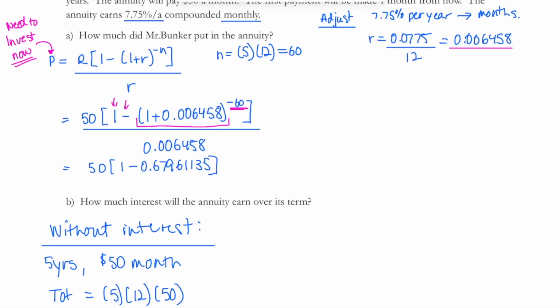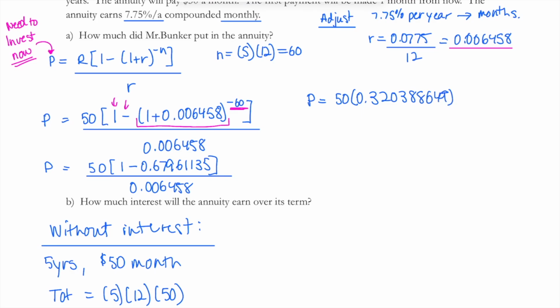on my screen. And the reason for that is because it makes a big difference. All of these late decimals make a difference. Okay, so I'm going to write P equals 50 times 1 subtract that thing, which is 0.3203. This big long guy. Okay, and then when I actually put this in my calculator,